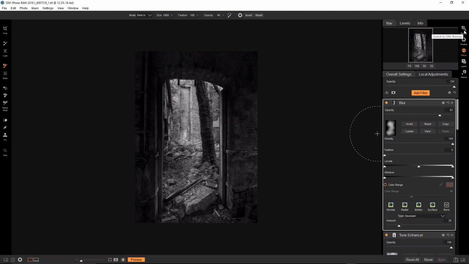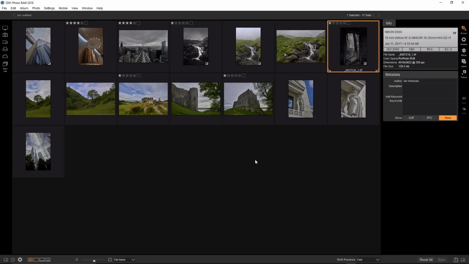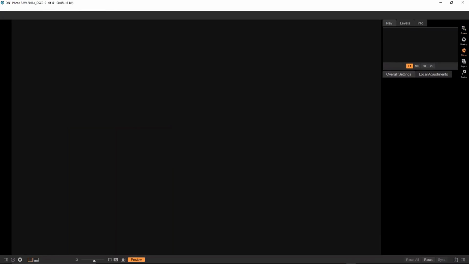All right, so let's move on to the next one. So we'll go back to the browse module, and let's work on this one. So we'll go back to the effects module. So here we have,